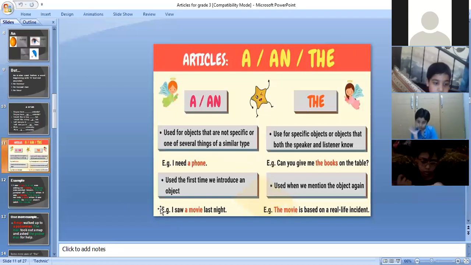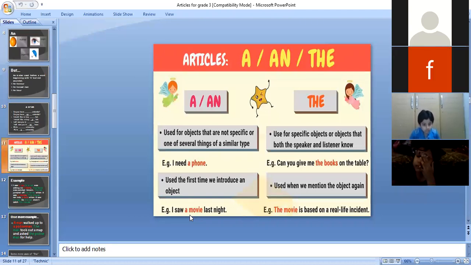Okay, we use "a" and "an" when we introduce an object for the first time. Suppose, for example, I saw a movie last night. Here, I have used "a" because movie begins with the consonant letter M. It is giving us a consonant sound, "ma," a. But dear children, when we have to use "the" here,